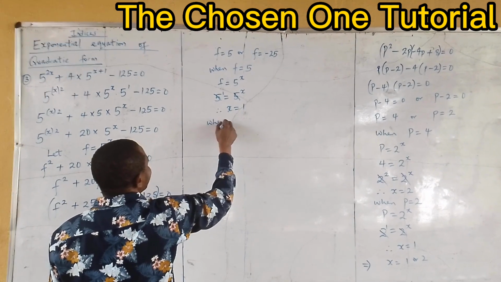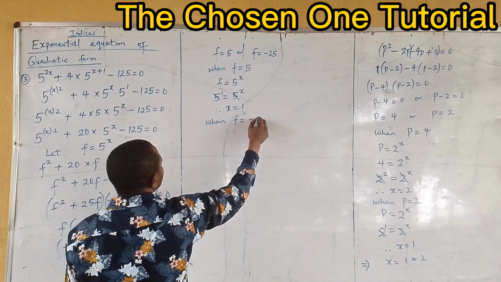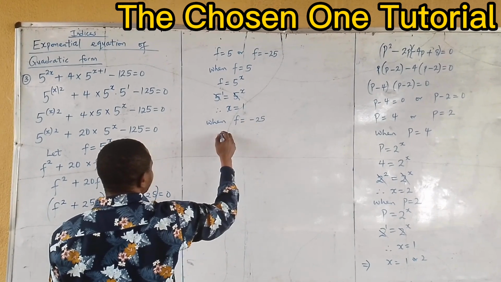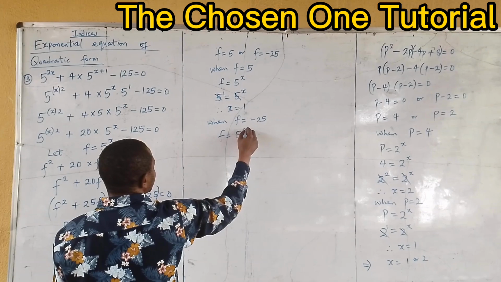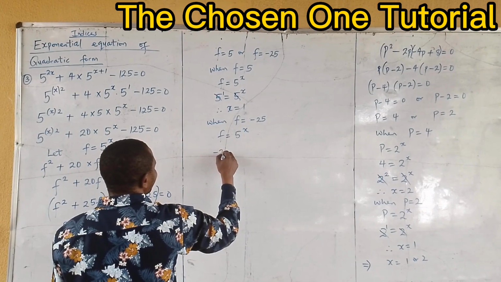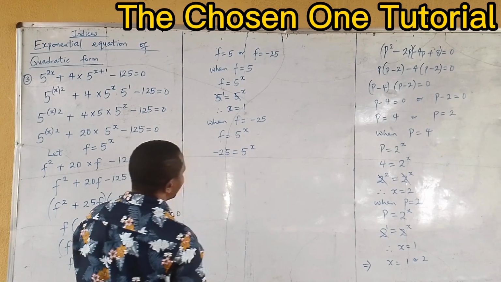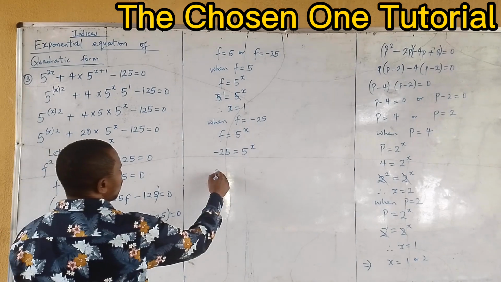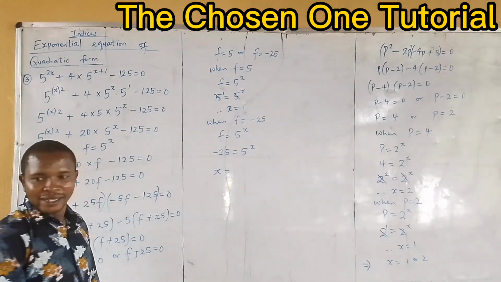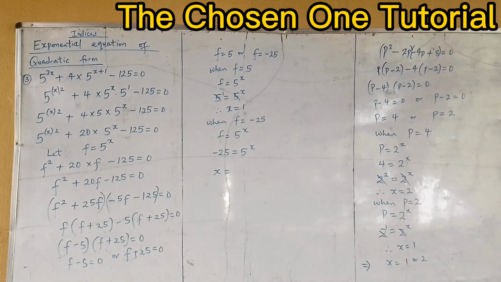And when f = -25, f = 5^x, so we are going to have -25 = 5^x. So therefore, our x is equal to log